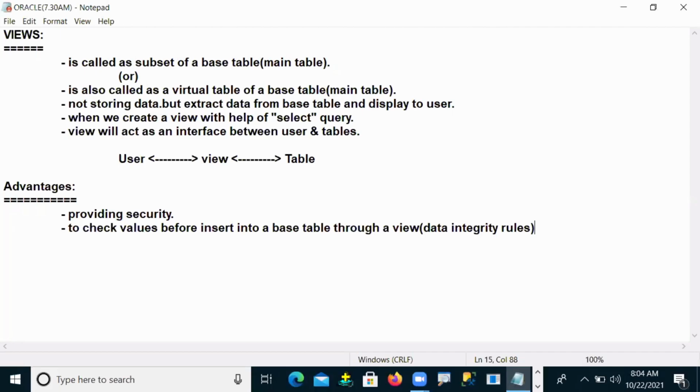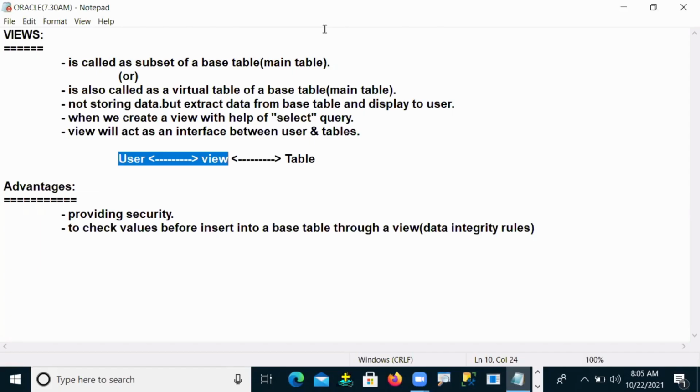Now what happens here, guys: whenever a user inserts some data into a base table, the user inserts the data through a mediator. That means the user is not directly interacting with the table. When you're working in real-time companies, suppose you are a Java developer, a .NET developer, or any other technology person, generally you don't interact directly.